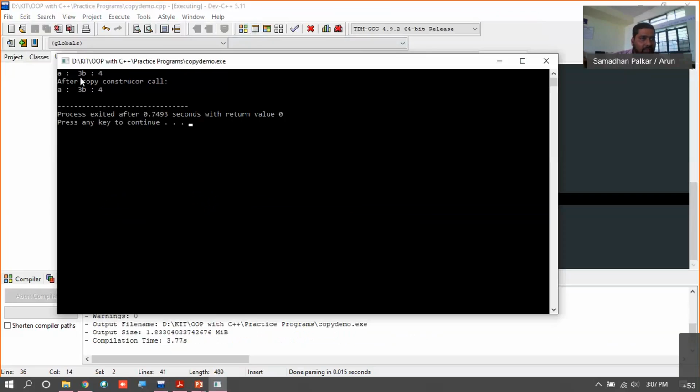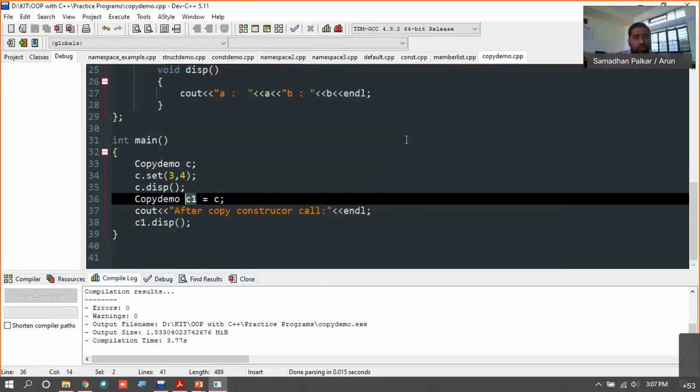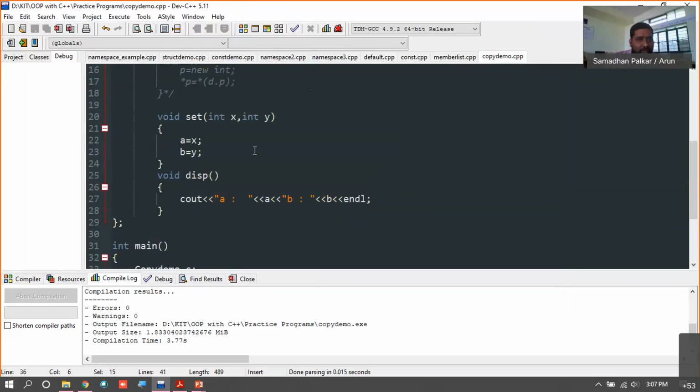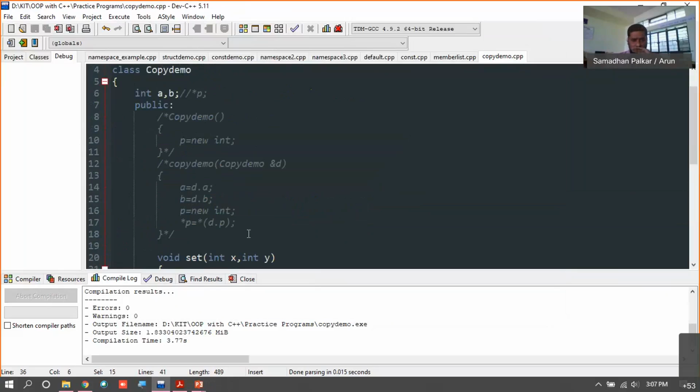A has 3 and B has 4, and after C1 calls you'll get again 3 and 4. So this is C1's display and this is C's display, right?